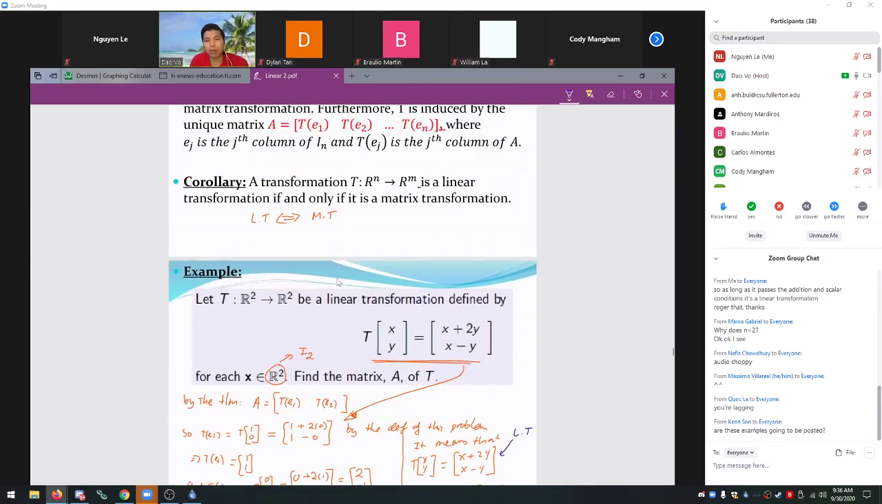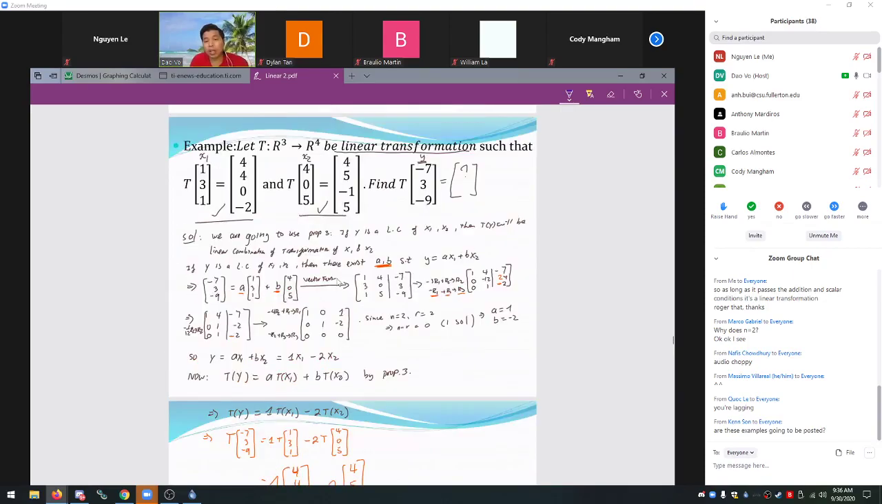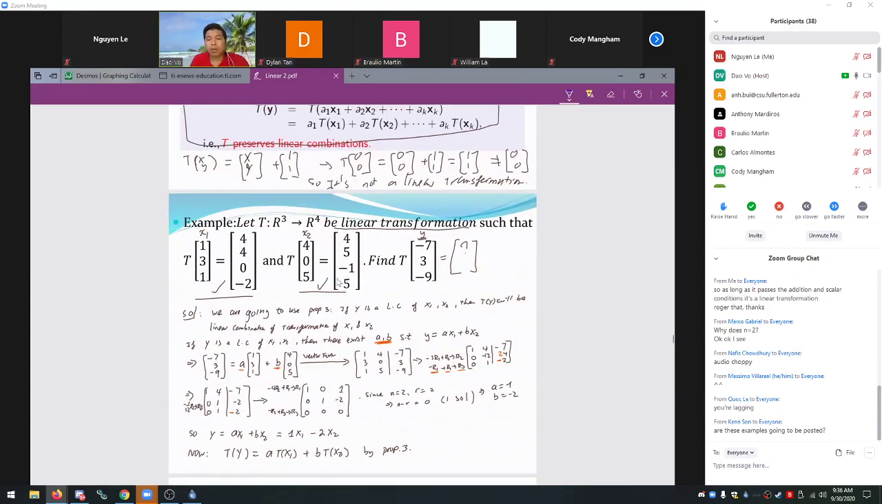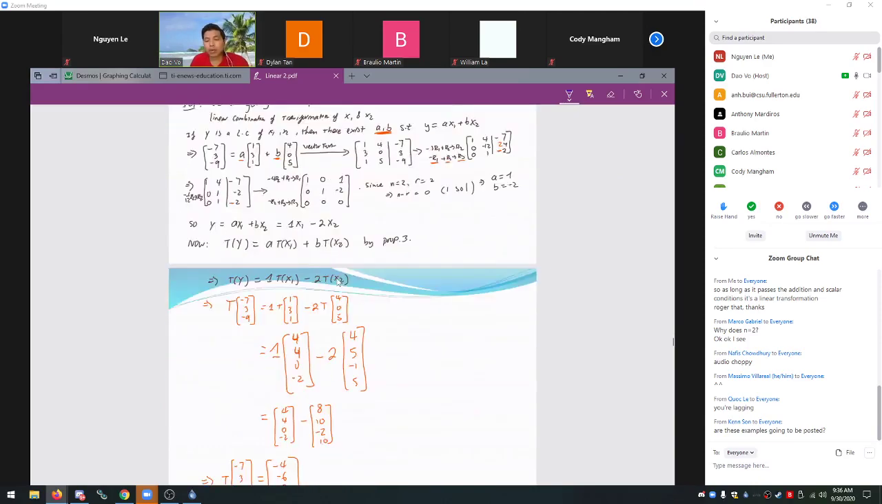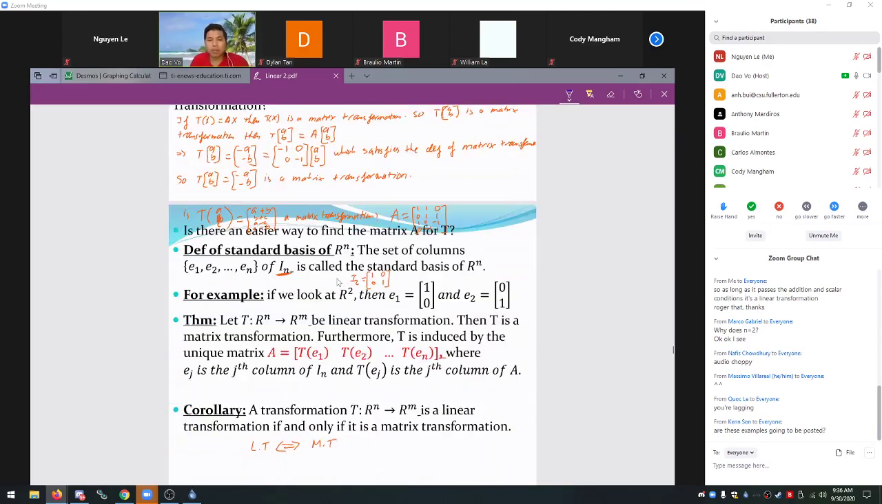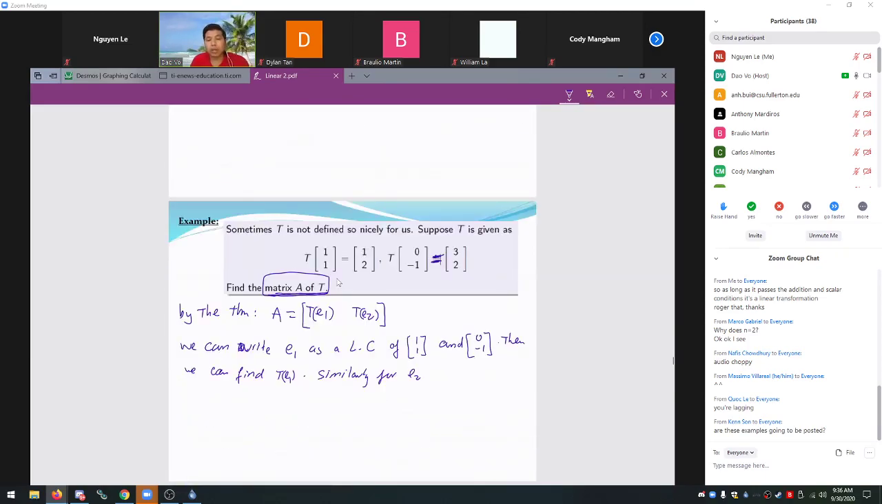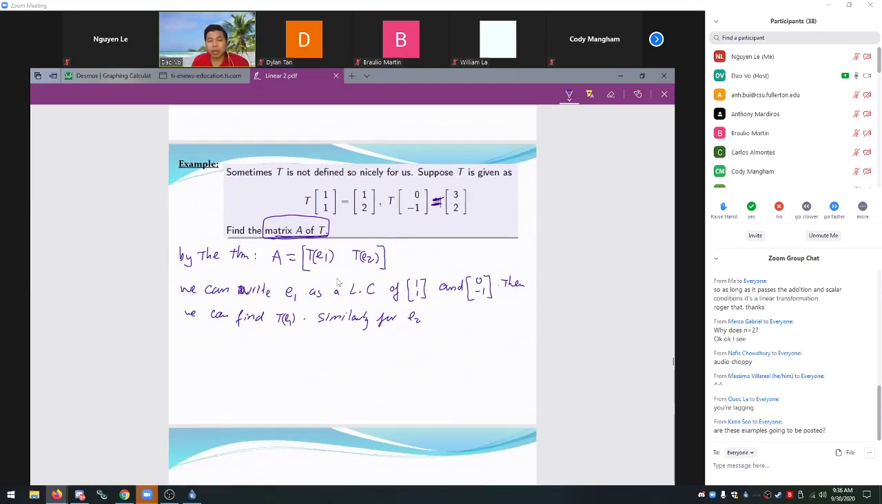So you go back to property number 3, which said if y is a linear combination of x1 and x2, then we're good to go, because the transformations of x1 and x2 are provided. The only missing part here is your vector y. So in this case, if we can write E1 as a linear combination of (1, 1) and (0, -1), then we're good to go. Okay, so that's something we can do. So this exists